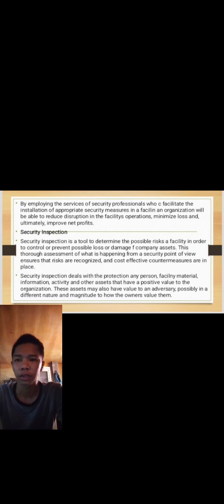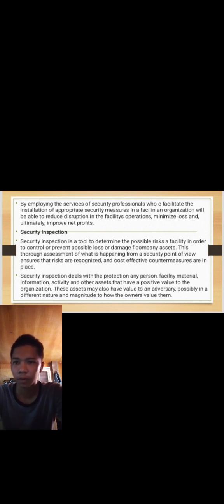Security inspection. A security inspection is a tool to determine the possible risks to a facility in order to control or prevent possible loss or damage to company assets. Through assessment of what is happening from a security point of view, it ensures that risks are recognized and cost-effective countermeasures are in place. Security inspection deals with the protection of any person's